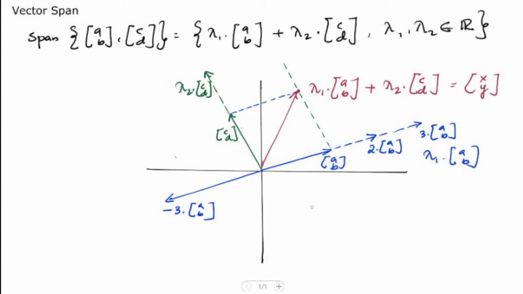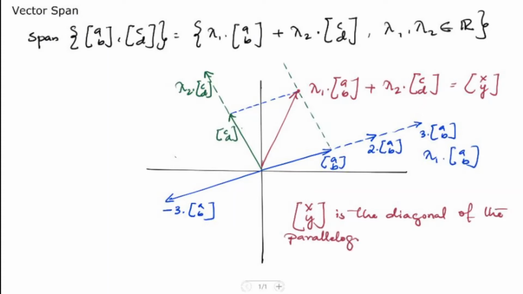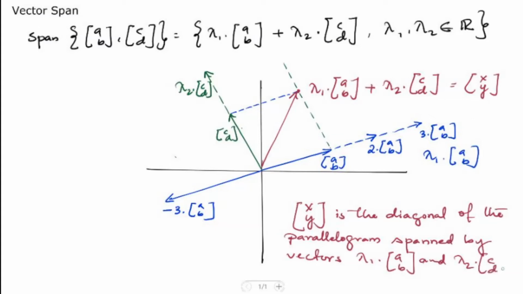So you can say here maybe x, y is the diagonal of the parallelogram spanned by vectors lambda 1 times AB and lambda 2 times CD. Okay,